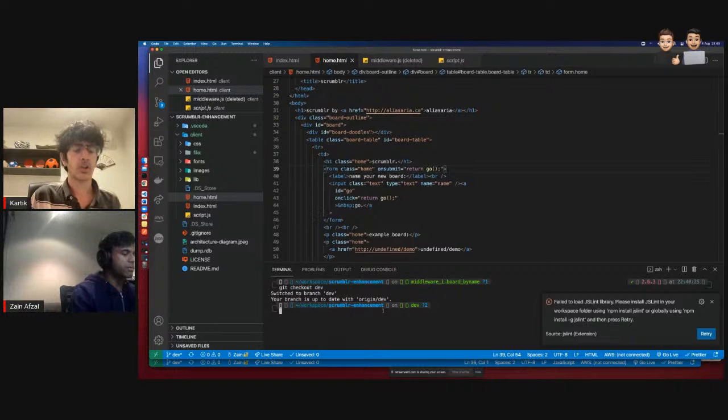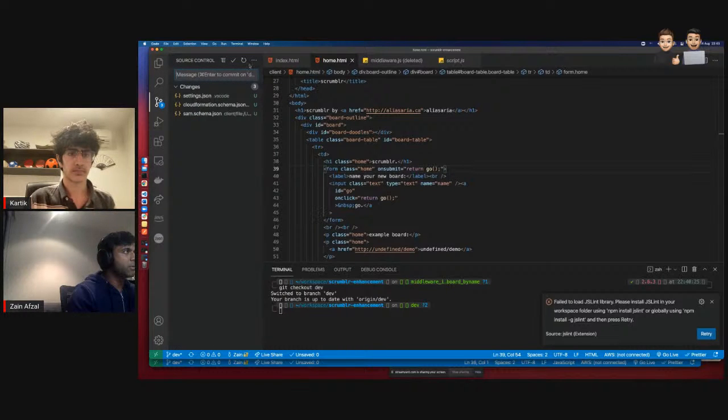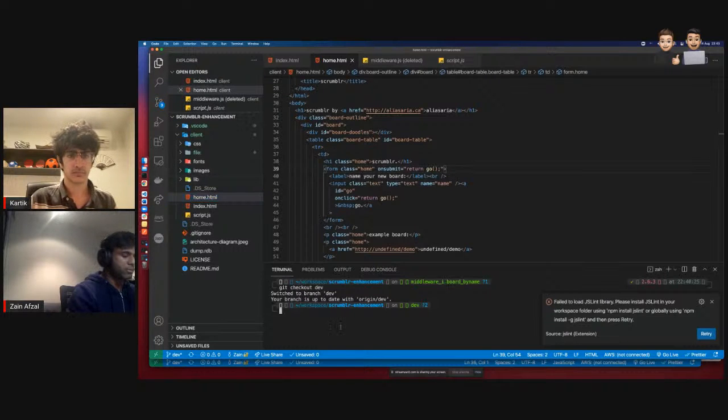Oh, actually, you're right. It was already committed. Sorry. It's already up to date. Okay, that's fine. So do a git merge, and then middleware